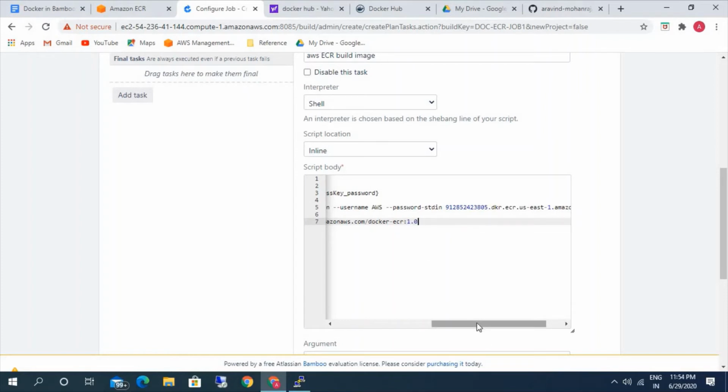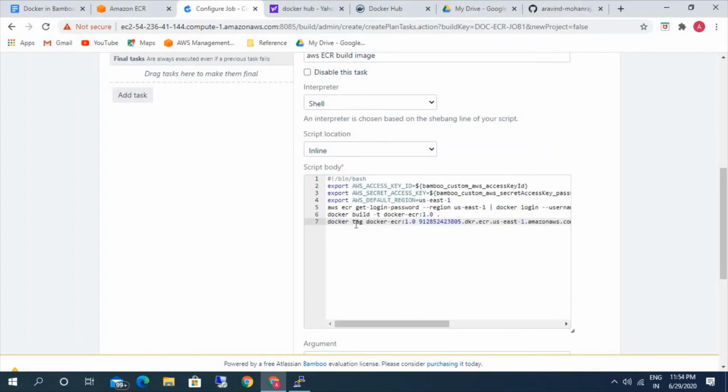What this command does is tag the local image to this registry, which gives the complete link of your repository: your AWS account ID, the link of the ECR, and finally the repository name.